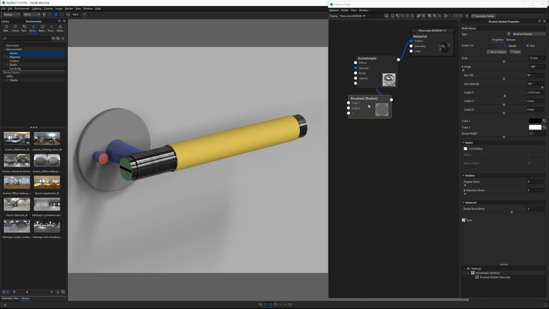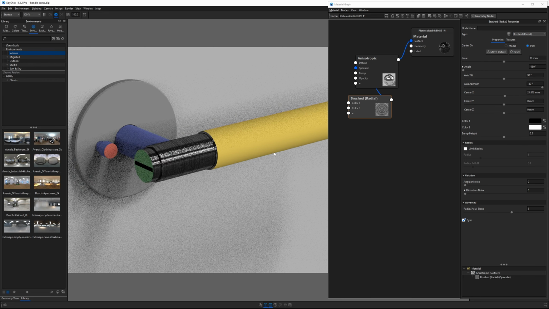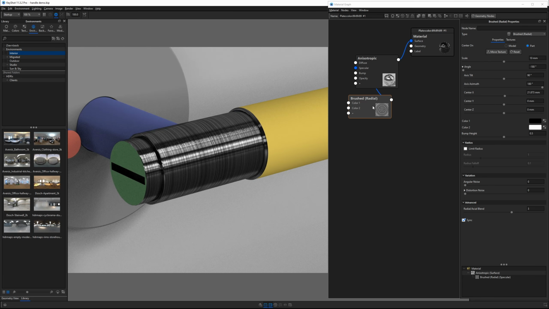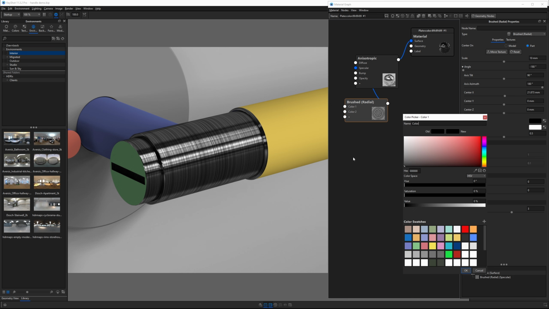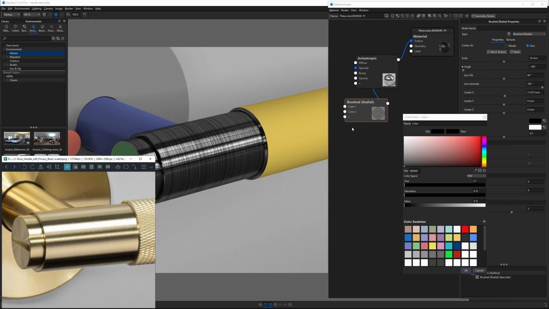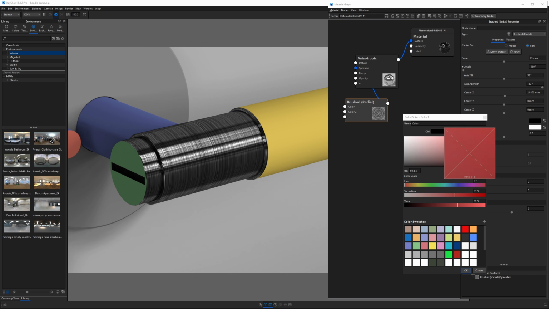So at this point, we just need to address the color, right? When we look at this, the brushing is coming from the black and white values within this procedural texture. So let's change them to a more appropriate color. All I do typically is look at the reference photo and try to take my best guess. You can try the color picker, that can sometimes help. If I grab this color picker, well, I would need to move it off screen to do that. But anyway, to save us some time,